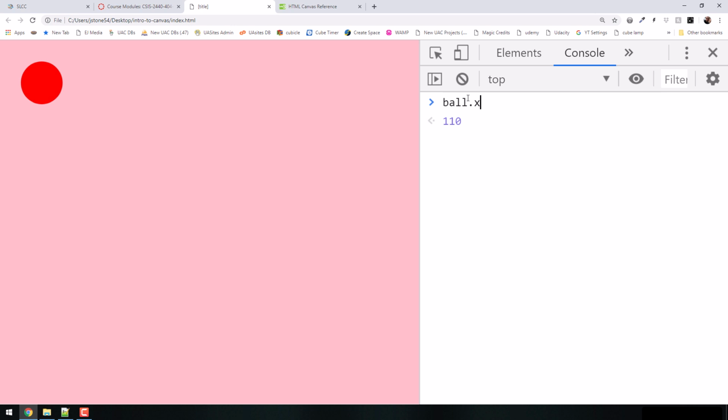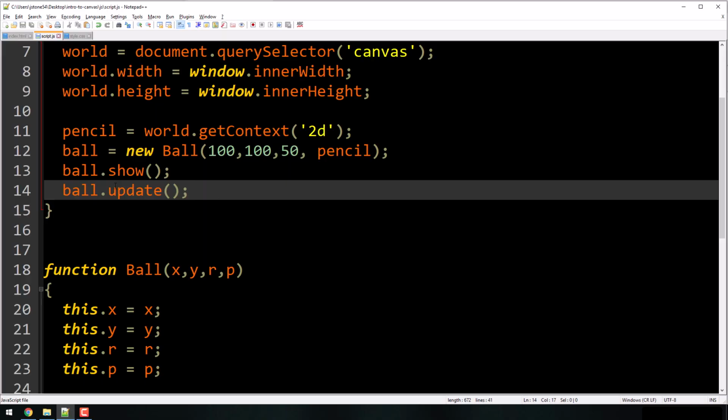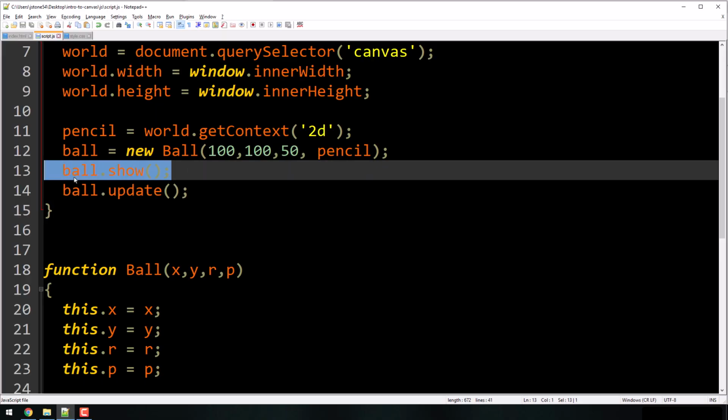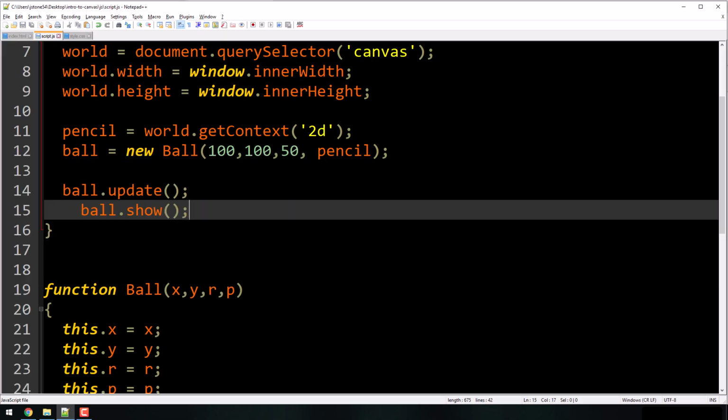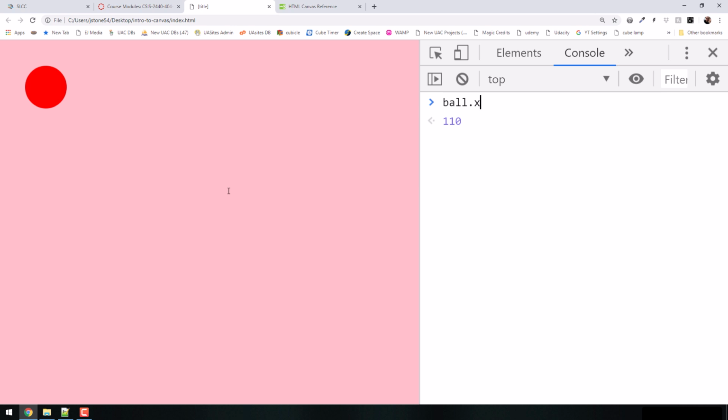Well, I want to redraw it. I want to keep drawing it, right? That makes sense? So just to prove that point, if I were to update it first and then draw it, right? You see that it moved over a little bit because I updated the numbers, then I drew them. So we need some sort of way to update, draw, update, draw, update, draw, right? We basically want an infinite loop that's going to update, draw, update, draw. That's exactly what we want, is an infinite loop. We're going to actually make infinite recursion.